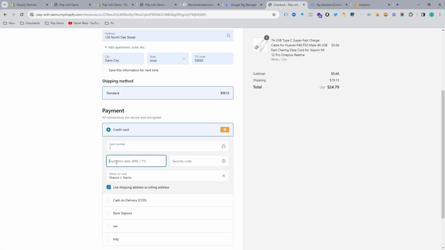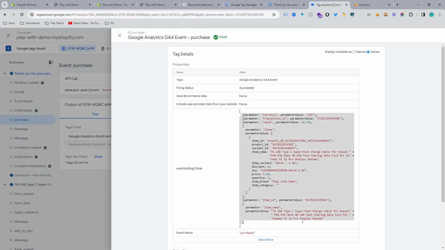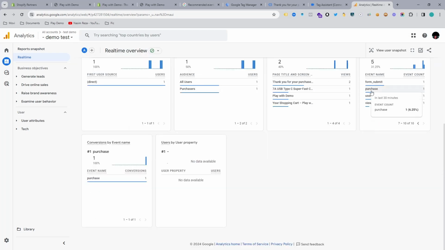In this episode, you are going to learn how to set up GA4 purchase event for Shopify store using Google